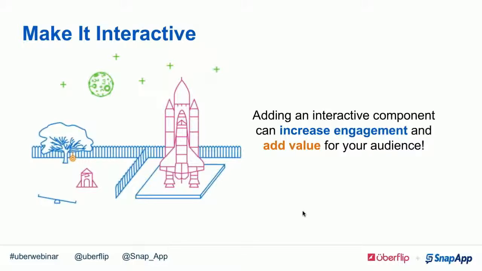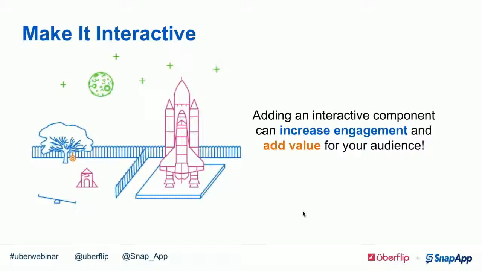Having some sort of element onto your white paper that really starts to increase engagement. This is going to be a big theme throughout this webinar: how do you increase engagement. You've already done the hard work of creating an ebook, so let's get it out to the world and let's get people excited about it and into the content and really understanding it. And when you can increase engagement, you're going to add a ton of value for your audience. Because suddenly now it's not just another boring ebook that you've produced. Now it's actually something that they can use and that they can get information from and hopefully buy from you,